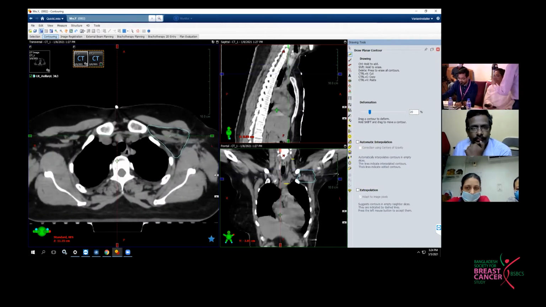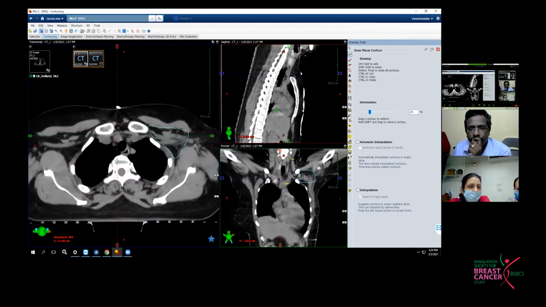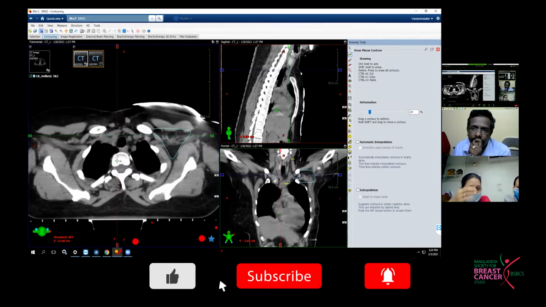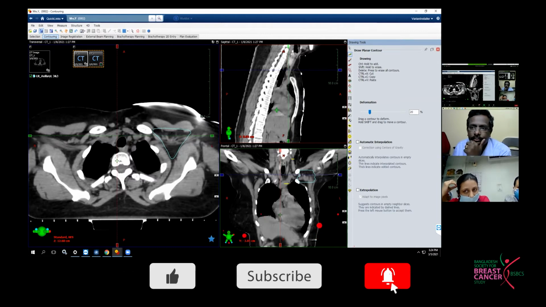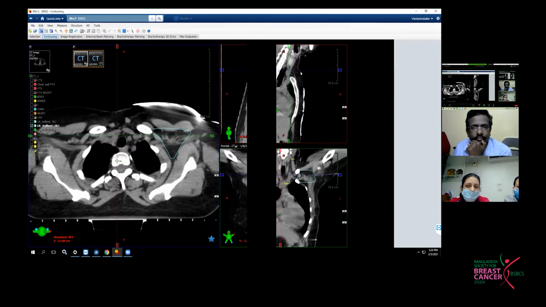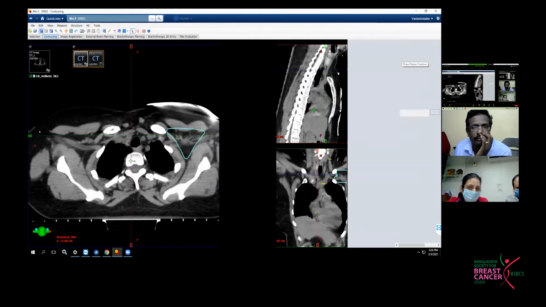If you can trace the pectoralis minor muscle, this is the pectoralis minor muscle, and we are tracing up so that we can identify the superior border of the axillary level 3. Actually, the superior border is the pectoralis minor insertion on the coracoid process. Can we also again put off the contours, and then you can first identify the structures? Let us go from cranial to caudal, and you can show us the anatomical structures which help to decide the boundary.